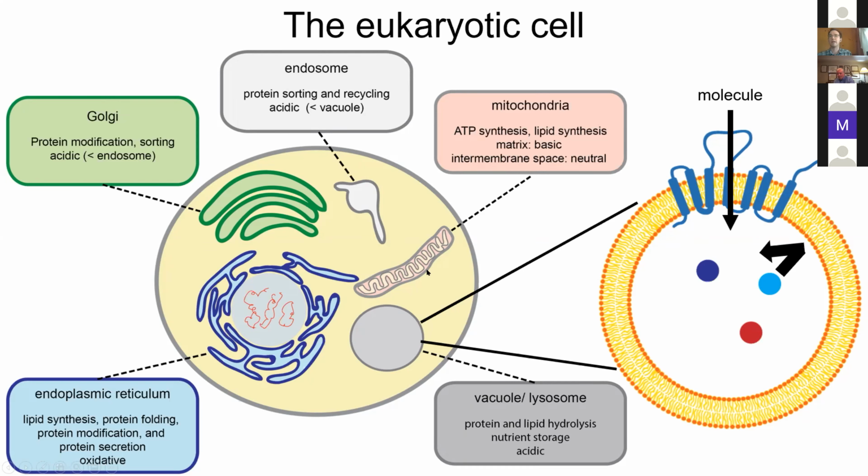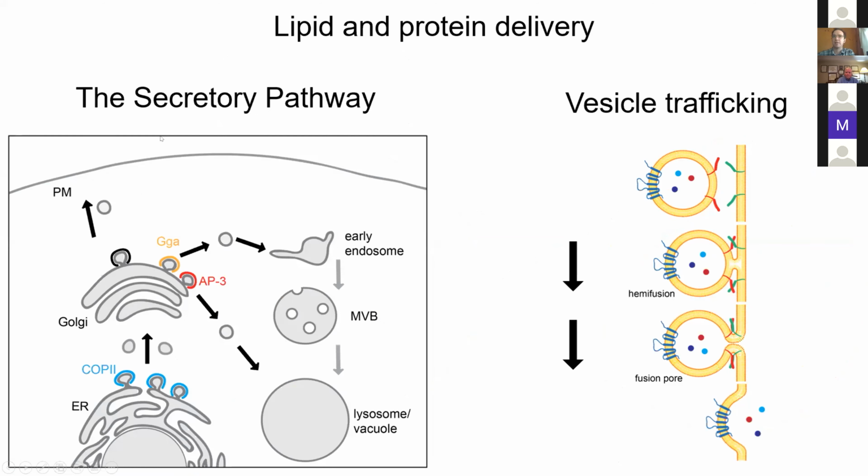Now, organelles are obviously advantageous to eukaryotic cells, but they're also a logistical nightmare. The cell has to be able to coordinate the function of all of these organelles, as well as deliver the correct lipid species to each organelle membrane, as well as the correct proteome to each organelle. The secretory pathway is probably the best described method that the cell uses to accomplish this. It begins at the ER, where most of the cell's lipids are made, as well as where membrane proteins and luminal